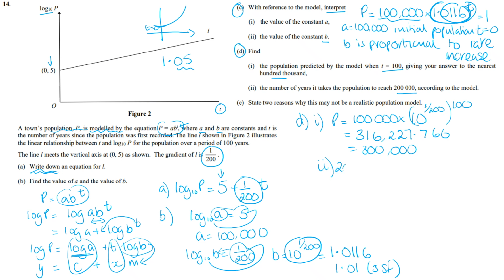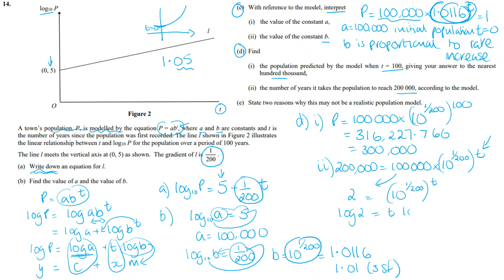So this time the population needs to be 200,000, which is equal to our 100,000 times 10 to the 1 over 200 to the t, and this time we've got to work out the t. So if you divide by the 100,000, you're going to get 2 is equal to 10 to the 1 over 200 to the t. Taking logs to both sides, log of 2 is equal to t log of 10 to the 1 over 200. And then if you just divide the log 2 by the log 10 to the 1 over 200, t comes out to be